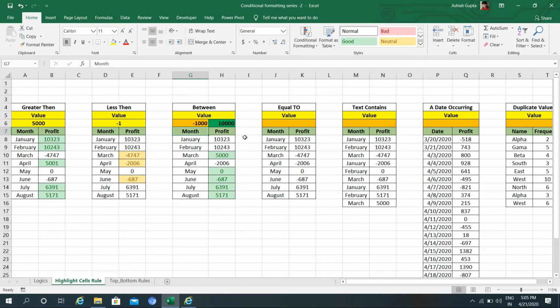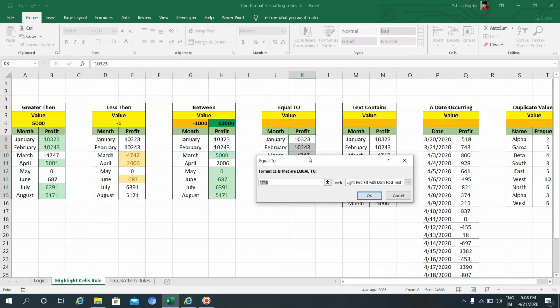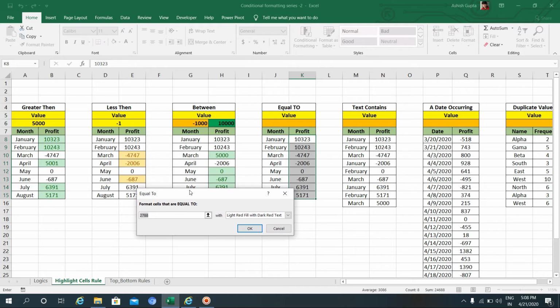Now move on to the next example, which is equal to. This function says that if any value is equal to a given value, then that particular value or text will highlight. So I will select these numbers and use conditional formatting, highlight cells rule, equal to. Equal to will ask you for any number or any text.